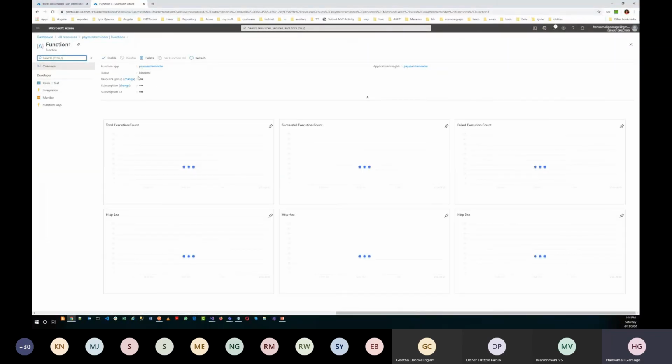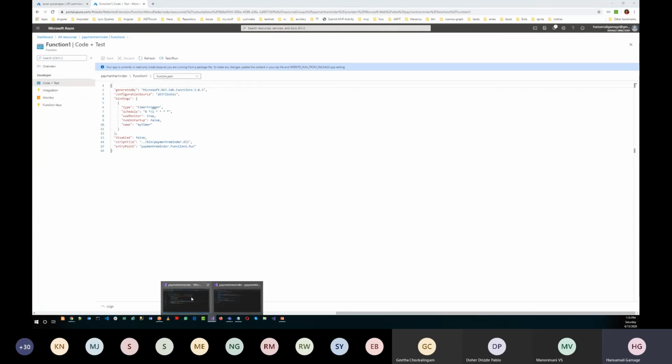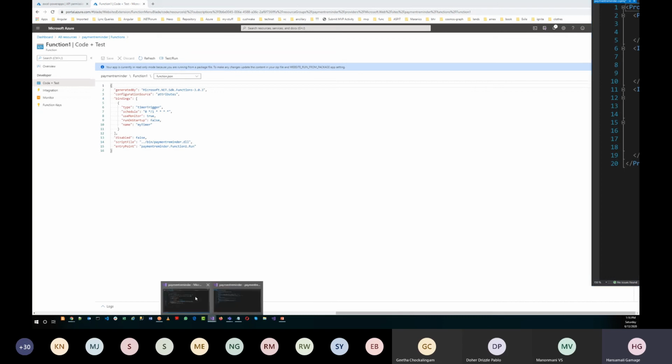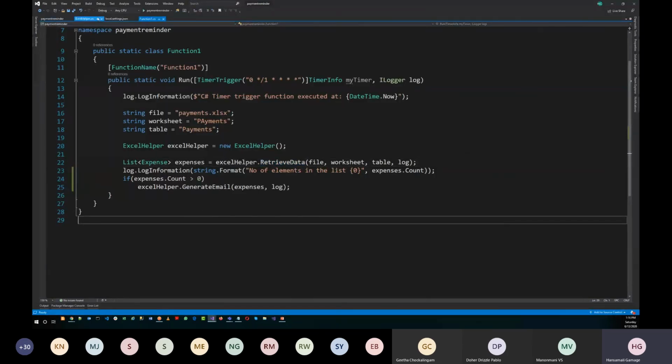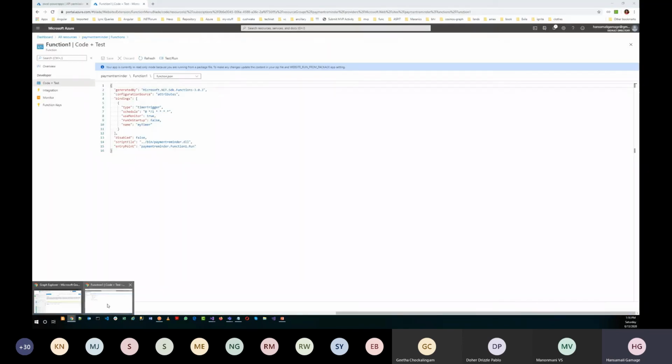You can go there, monitor it, and test it also. We also have to provide these settings to the function app to run it.